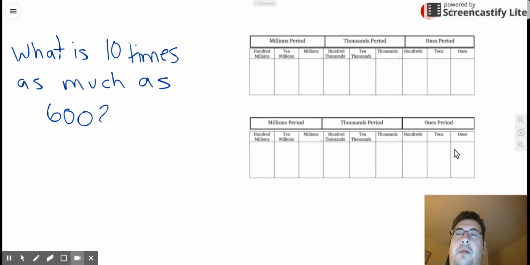Hey guys, I want to talk about place value relationships so that we can answer questions like what is 10 times as much as 600? So, let's first review the place value relationships that exist. Number one, each place value position is 10 times greater or 10 times bigger than the place value position to